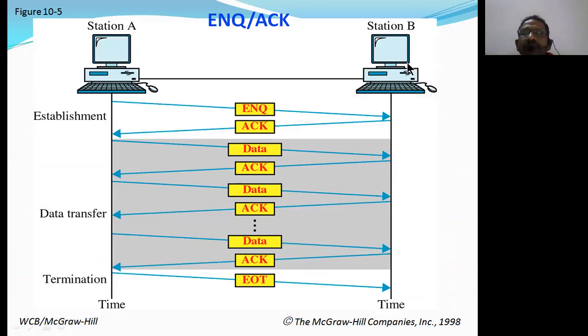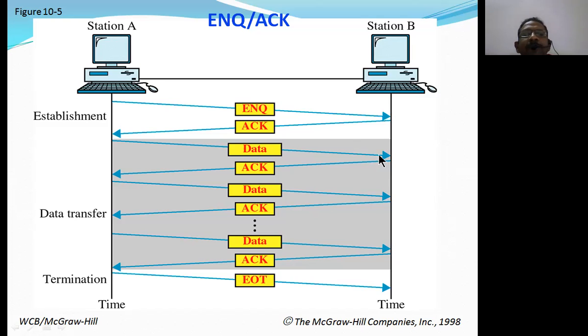As we were talking here, we are going to consider the time scale on the vertical axis, and there are station A and station B on the time axis. Now station A and station B are connected at remote places. That means they are not connected over a very short distance. In data communications, they will be connected at very far away distances. Now in that setup, we are going to have the communications. Okay, now what are the things which are going to happen?